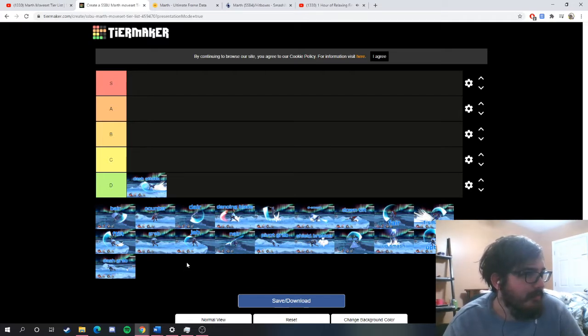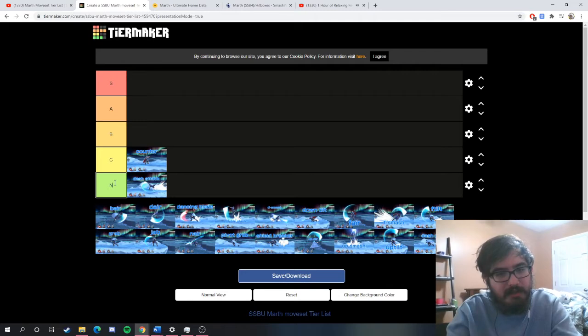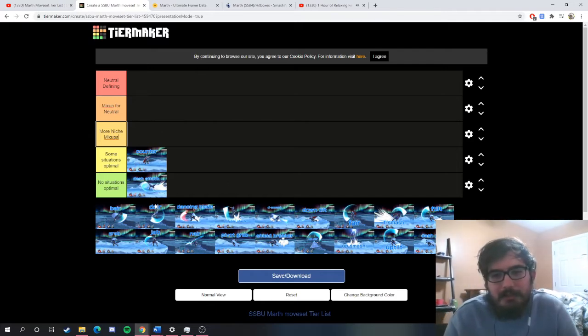Next up, after that, for me, is definitely counter. Counter is just not good. So we're gonna label it like this. Situations optimal. Neutral defining, that's really important. Mix up for neutral, that's also nice. And more niche. There we go. Counters have always historically been bad in Smash, but I think Marth's counter is pretty good